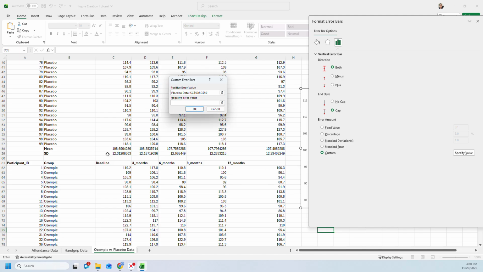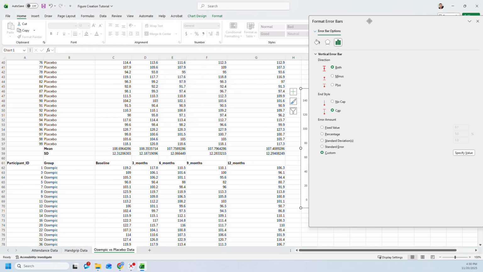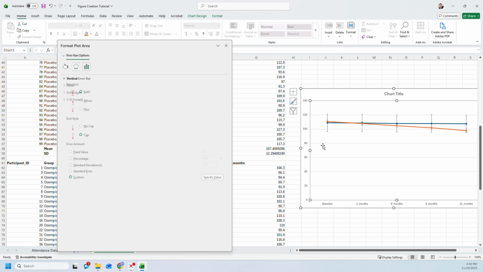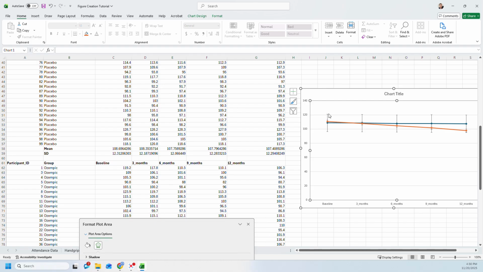I'm going to do that for both the positive and the negative values, and just click and highlight those. Then I'm going to hit OK, and what you'll see is now on my graph that's added the error bars. And you'll know you've done it right because if you look at the top end of the error bar and